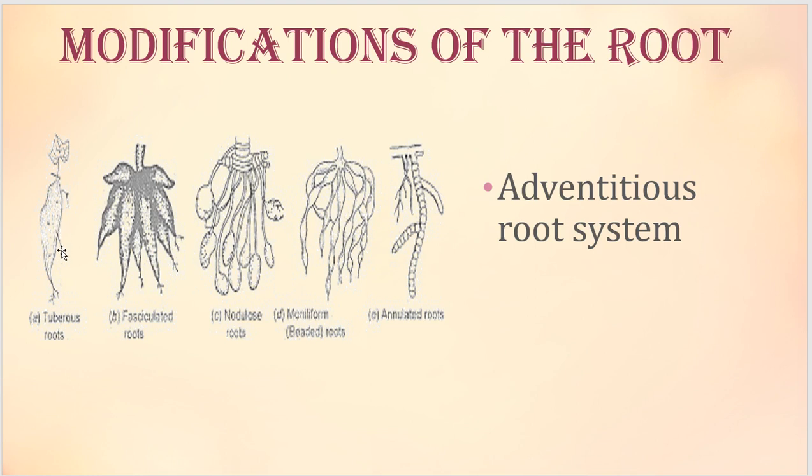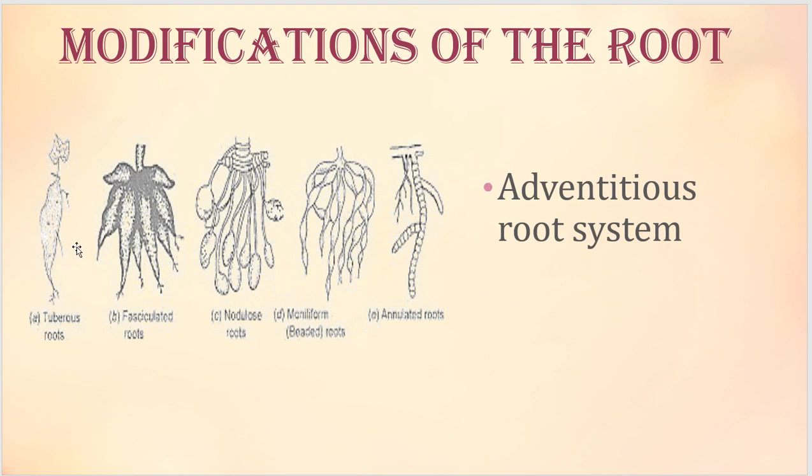Now there is a question: the sweet potato or Ipomoea batatas. Ipomoea batatas is sweet potato. It comes under a dicot family. Then how come this is a tuberous root? From the base of the stem, they will be producing fibrous roots, adventitious roots, and then this adventitious root stores food in it. Okay, this is not from the primary root. This is from the adventitious roots produced from the dicot plants. So the first example here, tuberous root, is sweet potato.